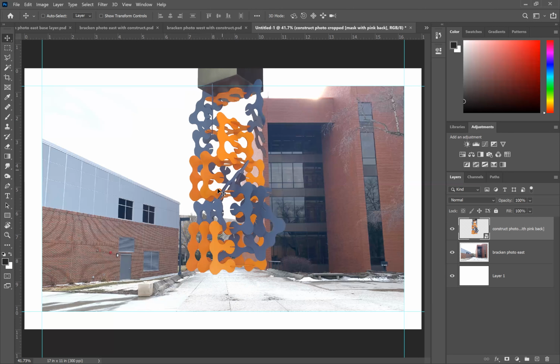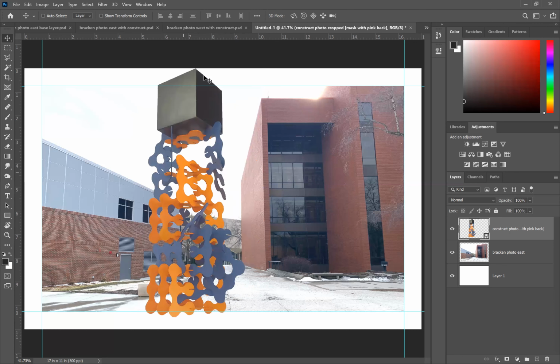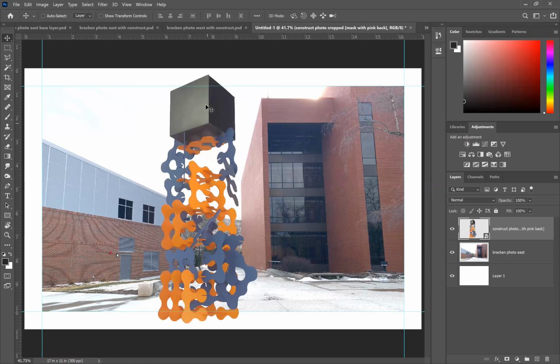So I'm going to leave that there for a moment. Maybe I won't. Maybe I'll bring it down in here. All right. So maybe move is not where I want to start, but it may be where you want to start. I'm still in that move command. I'm still having this layer selected. I think I'm going to scale this first. I think that might be easier to demonstrate this. And so how do I do that? We did that with the background image, right? So with that layer selected,